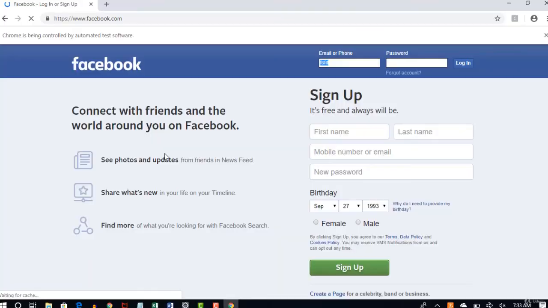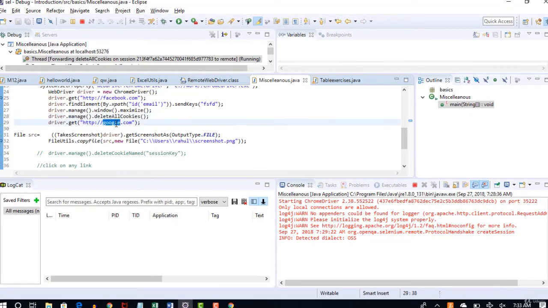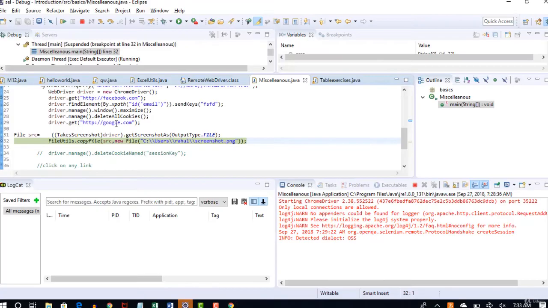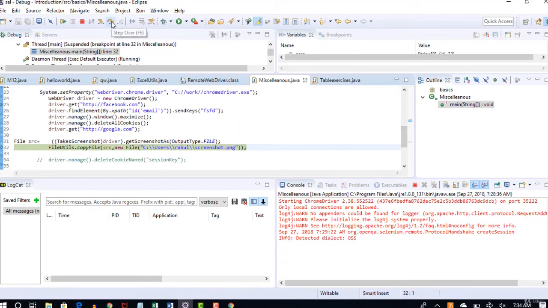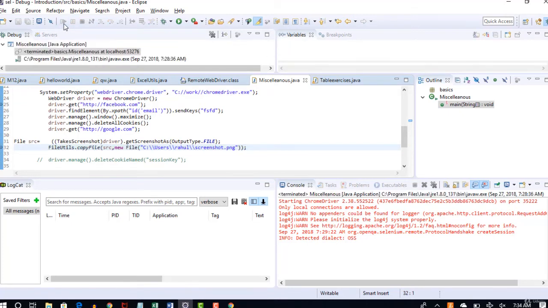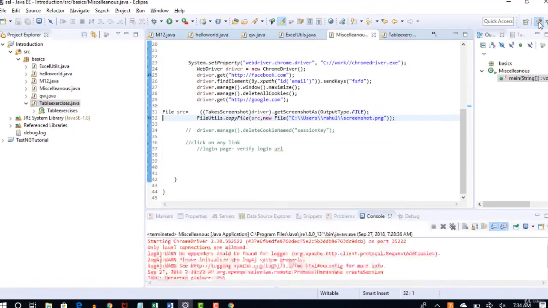It's going to google.com because we have asked it here to hit the Google browser, and you see that the script stopped at this point. So it's again paused there because our debugging is there. Now, what is the next step? If you want to move step by step again, this will go to the next step. But if you want to continue, script execution will be done because there are no more debugging points, and you see that execution is completed. So that's how you can debug your test case.